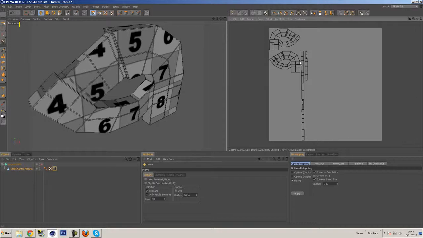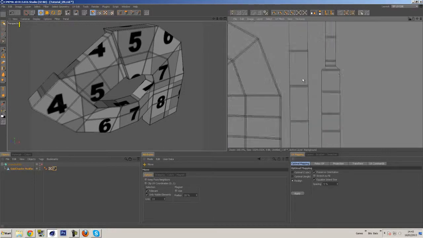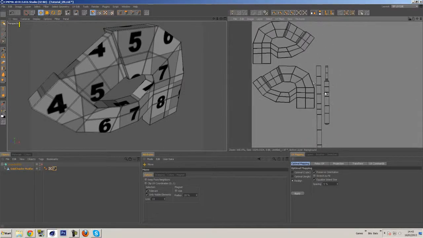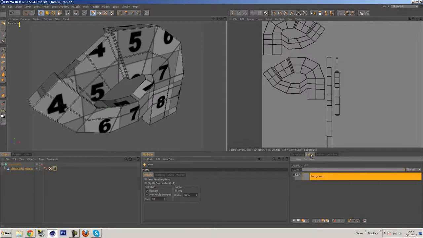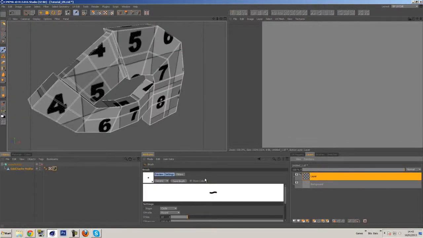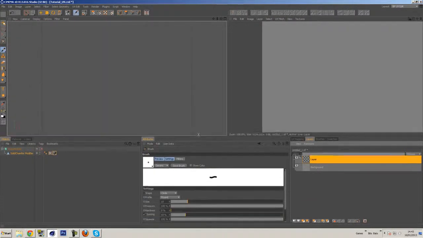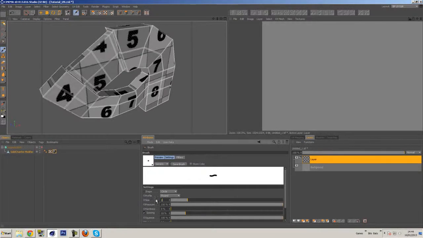Now if you want to render these lines out so you can actually take it into Photoshop and give it a bit of a makeover, all you do is go to Layers. You want to create a new layer. You can name it if you wish. For this tutorial I'm not going to. Go over to the paintbrush tool, which is this icon over here, and in the attributes manager you just want to change the brush size from 10 to 1 and hit enter, and then you can actually go to UVs,